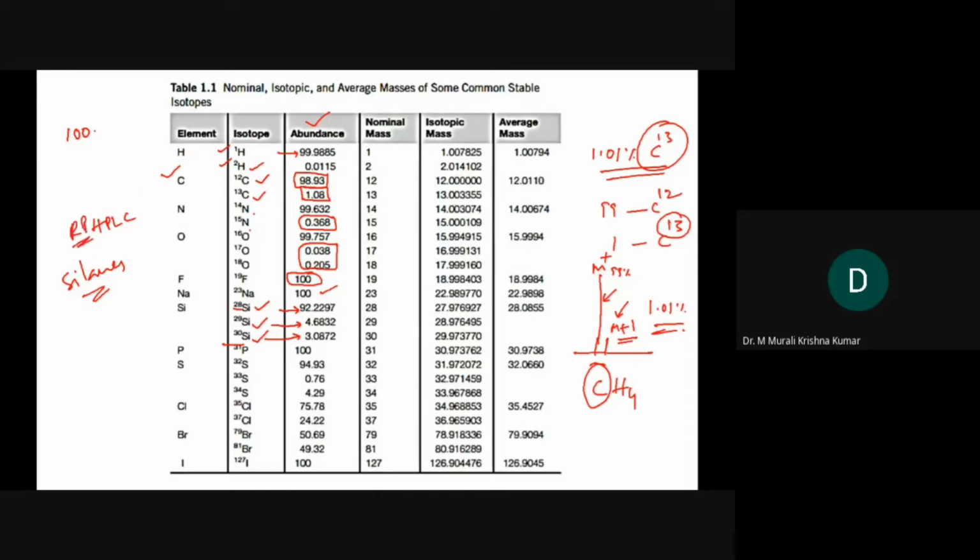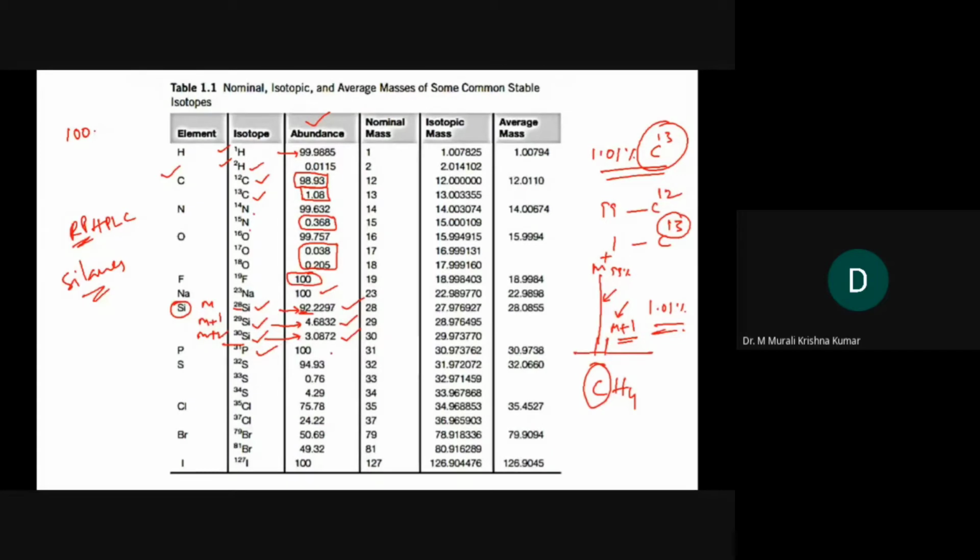So there also, if you are in the pharmaceutical industry, you may also get a sample from the HPLC manufacturing industry, okay. So if you are an analyst, you have to be aware of all these things. So here, M plus 1 is 92%, M plus 2 is almost 4.68%, and M plus 2 also will be there.